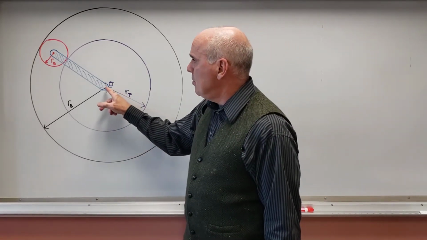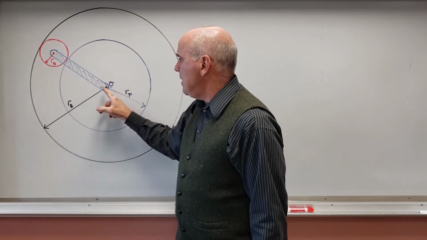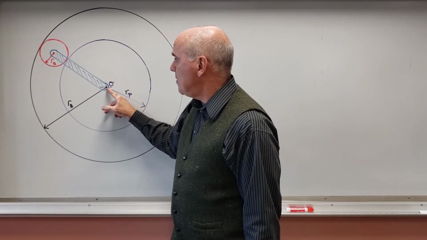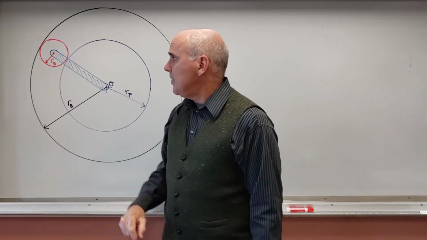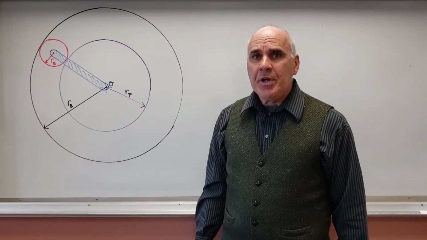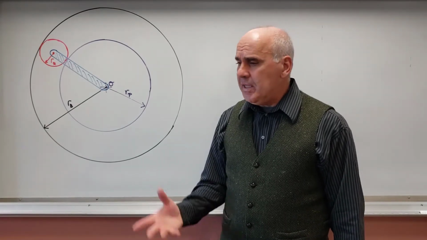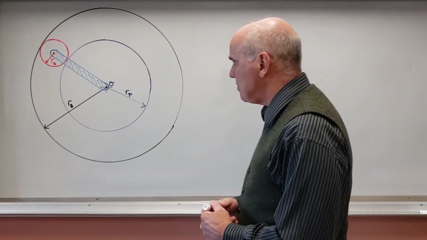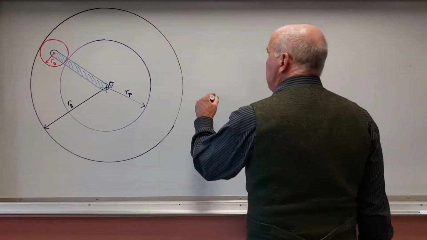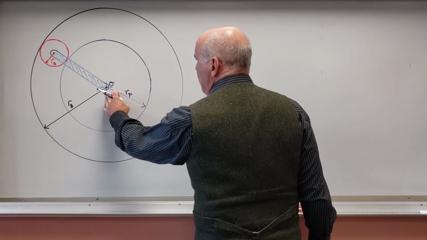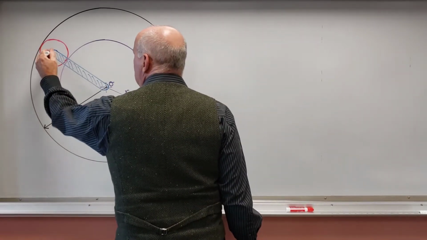But there's a blue bar here connecting the center of this system, the center of these gears, with the center of the red gear. Okay, and what we want to look at are the relationships between these velocities. So let's designate a couple of things for starters. So we're going to say that this is position O right here. And so I'm going to call this point up here